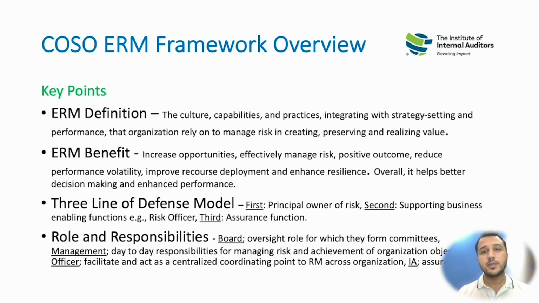They go back and forth to the process owners and the first line of defense, and keep refining those risks. Then they summarize them and identify the key risks from each functional area which might have a very detrimental impact on the achievement of the organization's overall objectives at the entity level. They come up with the top 10 or top 20 risks and report their status to the board: whether they are being managed, accepted, or avoided by the management.